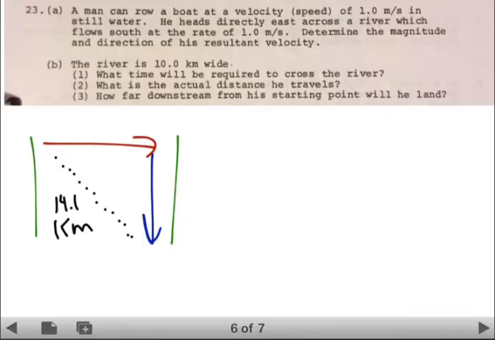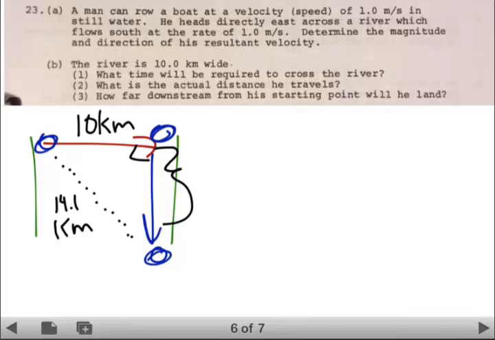We know this distance across the top is 10 kilometers. When you have two sides of a right triangle, you can use the Pythagorean theorem to find the third side, and that's in fact what we want to do. We want to find how far off course he is. Of course, he started here. He tried to end up here, but he actually ended up here. So what is that difference? How far off is he? So